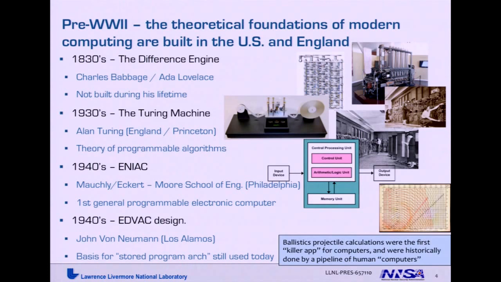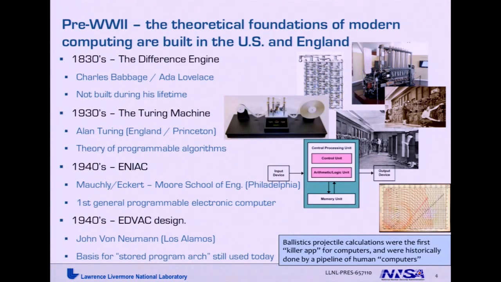computing goes back, believe it or not, all the way to the 1830s. If you've heard of a guy named Charles Babbage, he actually conceived of this idea of something called a difference engine, which was really the first computer. It never got built, but it was the idea that you could use a machine to do calculations, and Ada Lovelace was his partner and really the first programmer. And that's probably the last time we ever had 50% of the computer science workforce be female, but anyway,